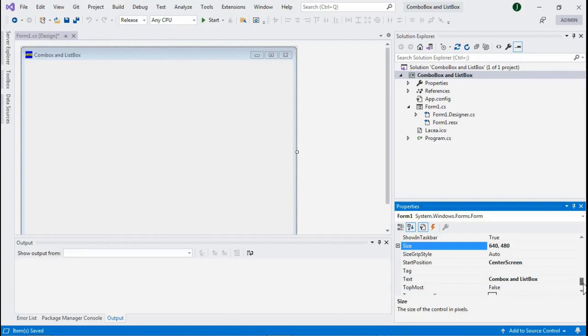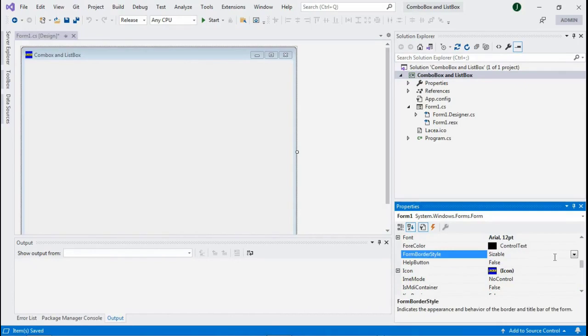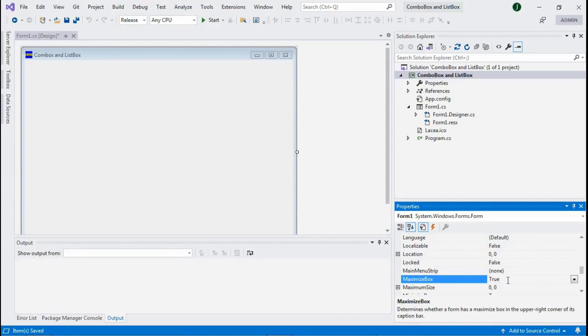Next, I go to the form border style property and then set to fixed single so that we cannot change the width and height of this form when it is in runtime. Next, we go to the property minimize, maximize button, change that true to false so that it will